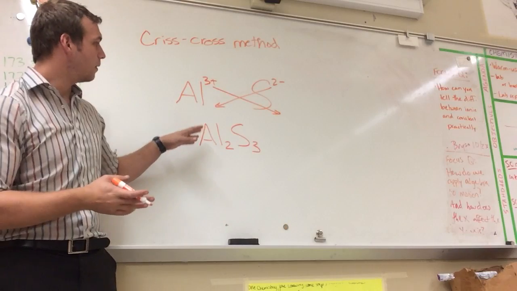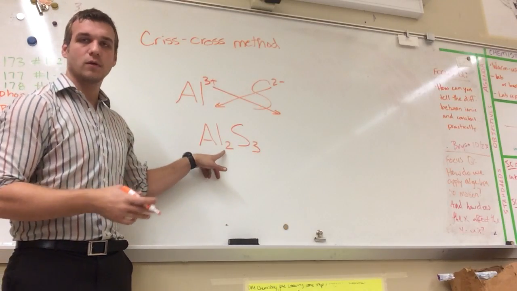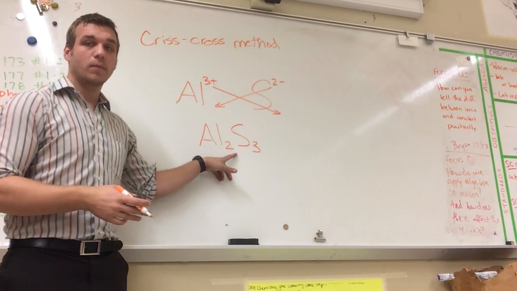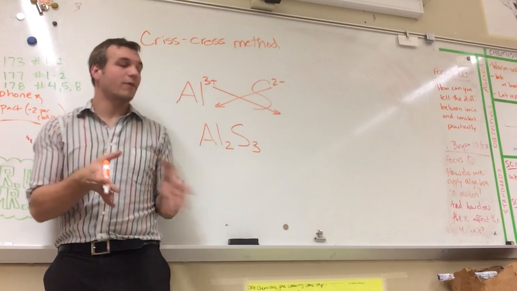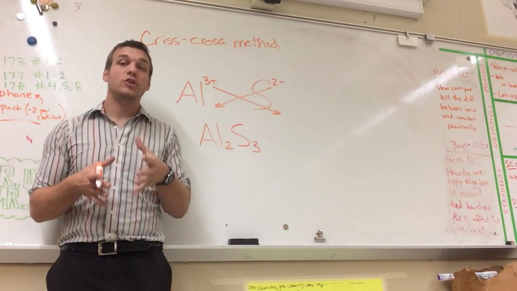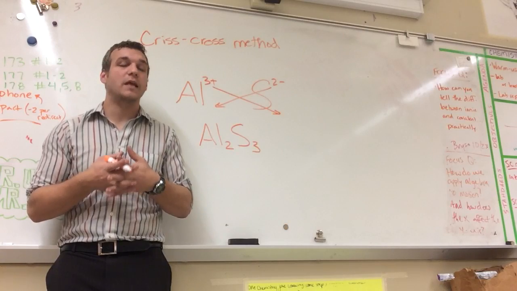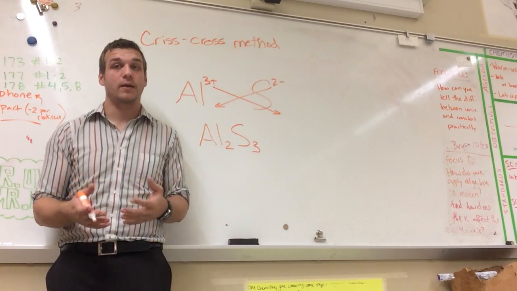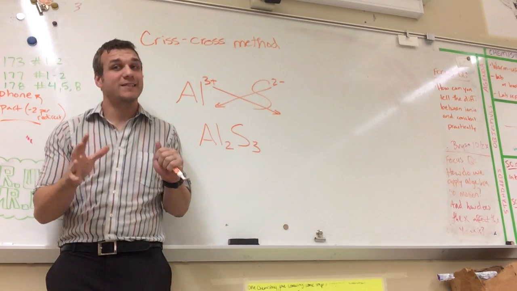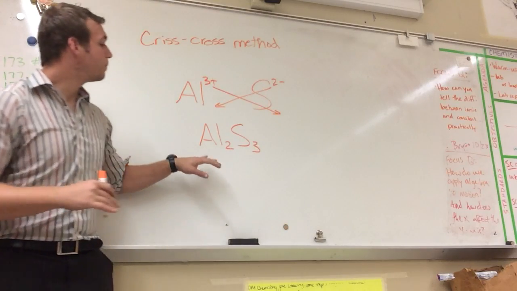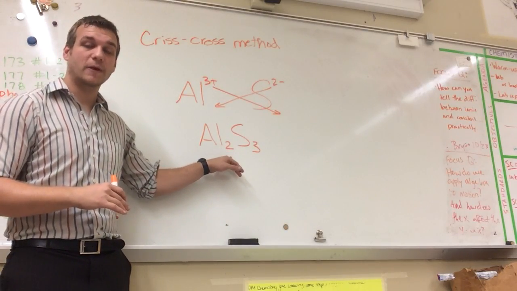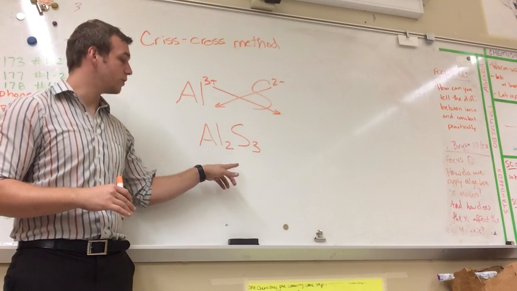Now, the most common mistake that students make is they actually put the charges here, like Al2-. But what you need to know is that when we write it like this, that shows you the number of atoms. Never put a charge there. It's a common mistake. A lot of students do it. I just don't want you guys to do it. So make sure you don't put charges down here, okay? Because they are not charged. It just shows you the number of atoms,